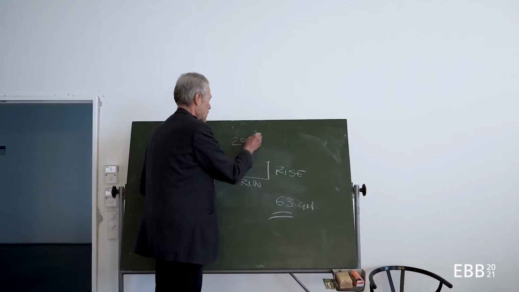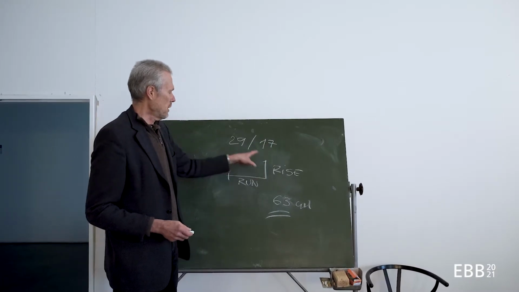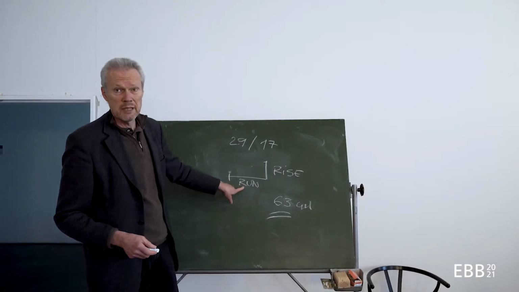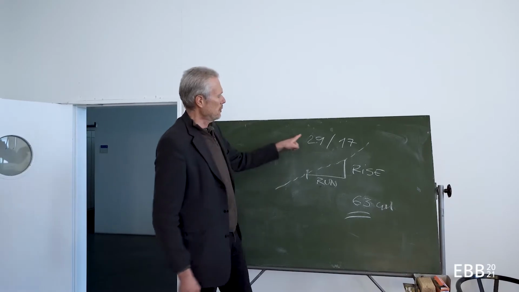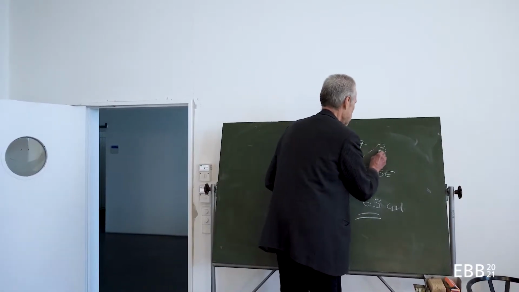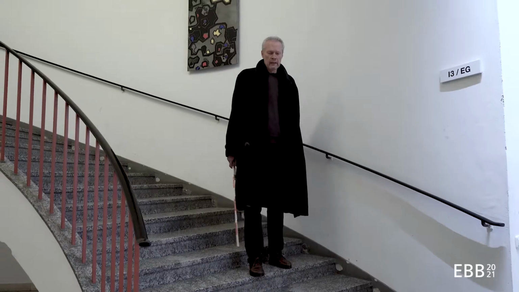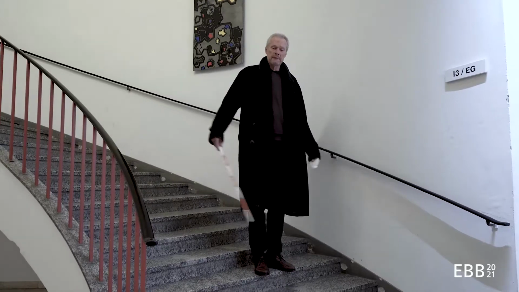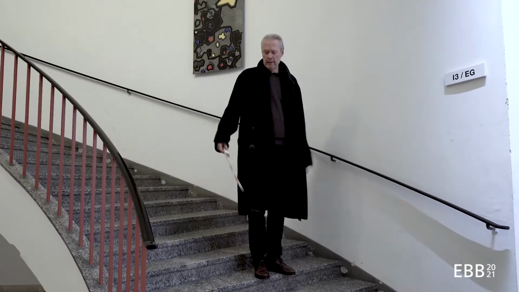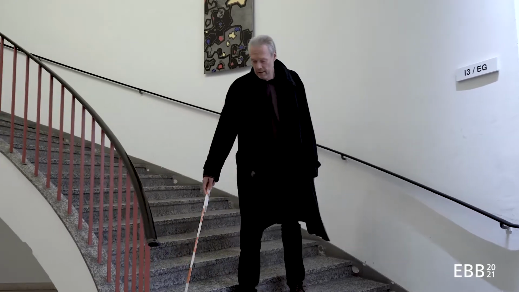29 to 17, 17 being the rise and 29 being the run. If you respect 29 by 17, it's about a 30-degree angle. So here I am on a spiral staircase, and the particularity of the spiral staircase is that the